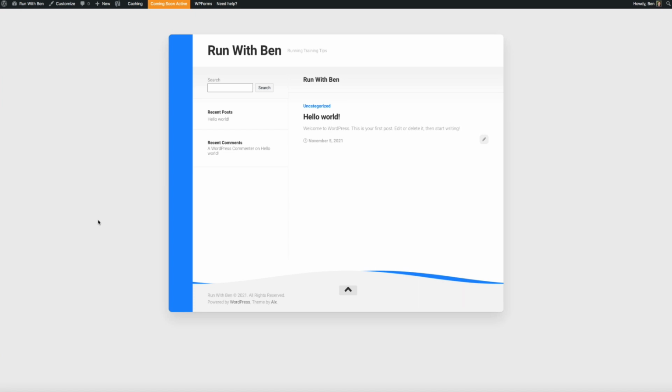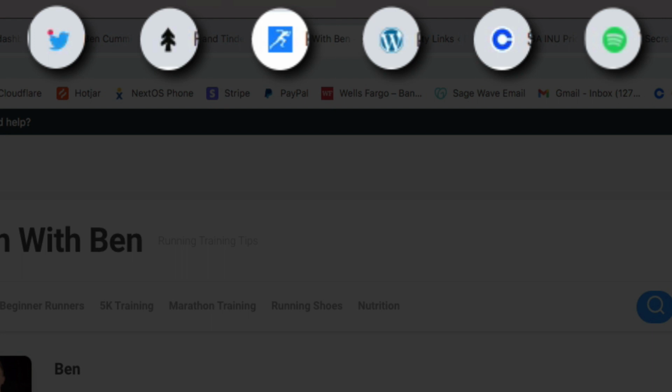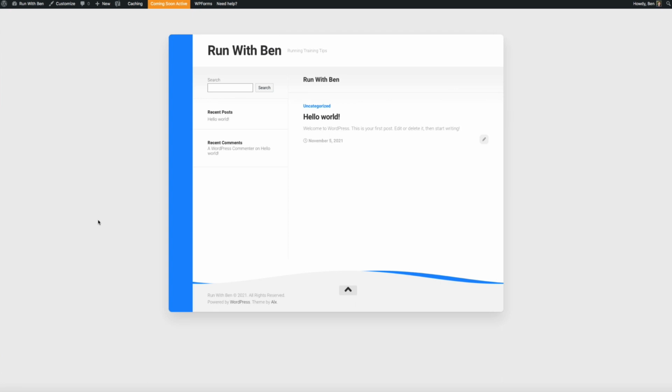Now, I'd like to work from the top down, like literally from the top of the blog to the bottom. So the first thing we're going to update is the favicon, commonly referred to as the site icon. This is the small logo that is used in the browser tab, and it may seem small, but it's a big part of how your blog is perceived online. So to update the favicon,